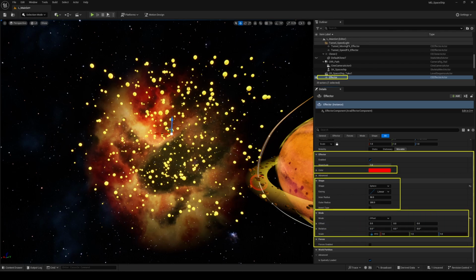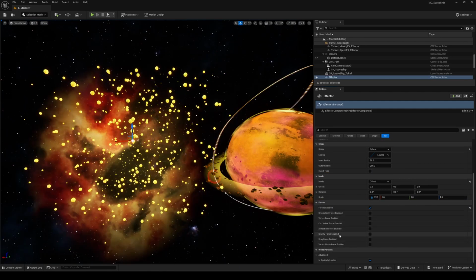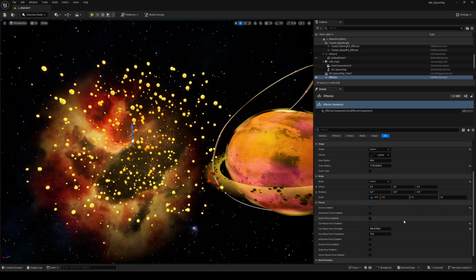There are 5 different modes available, giving you flexibility in how the motion works. Another great addition is the forces section. With a single click, you can create velocity, traction, drag forces, and more. This can also be triggered in Sequencer just like with the Niagara system. That's what I did for the asteroid impact when the spaceship flies through in the original shot.